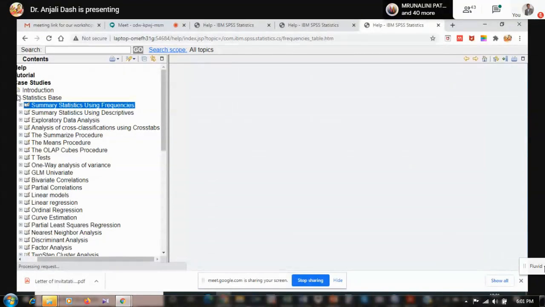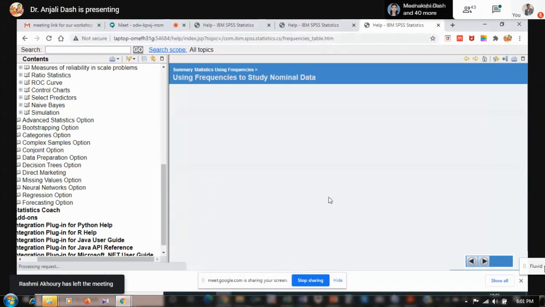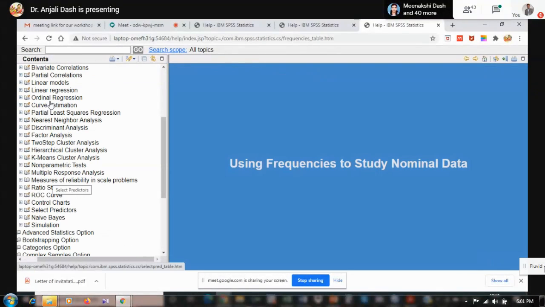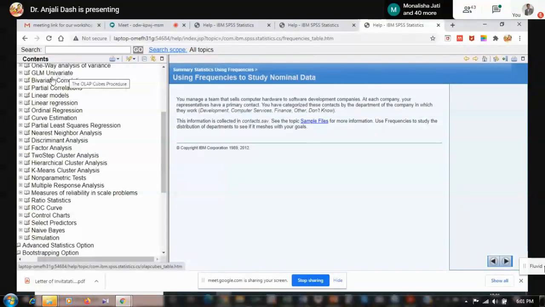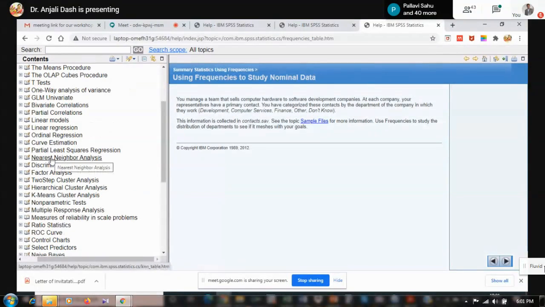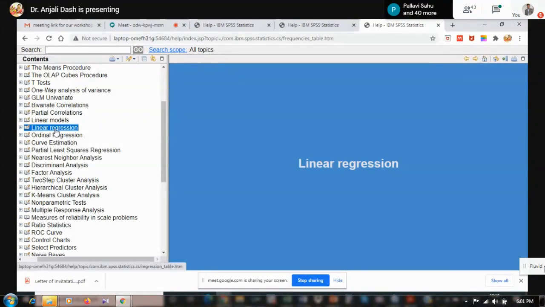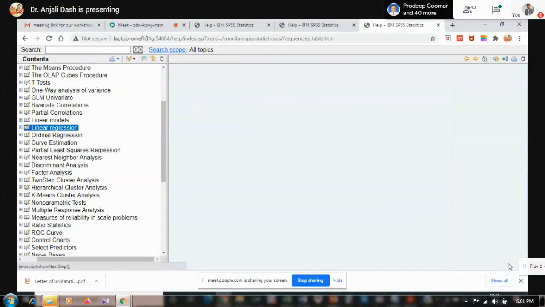See, on the left side all the techniques are given here. Like frequency, then partial correlation, bivariate, GLM. I would like to know about linear regression. I just click on linear regression here. You can see that one window is open here, linear regression. Next,